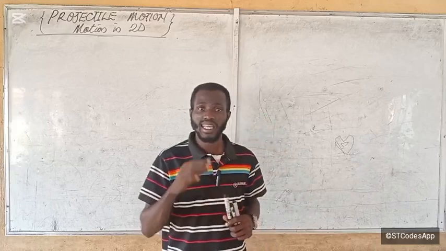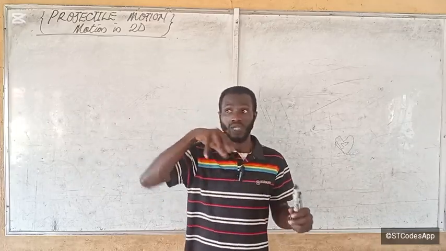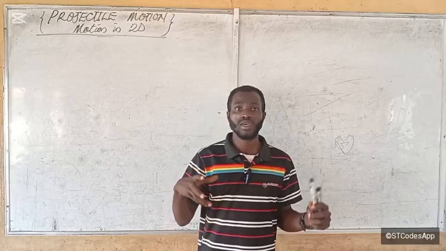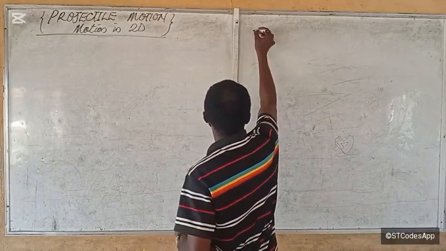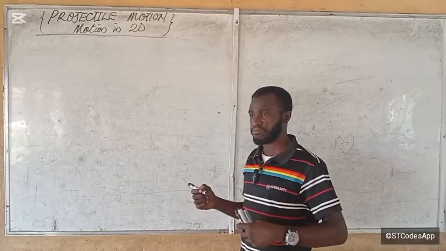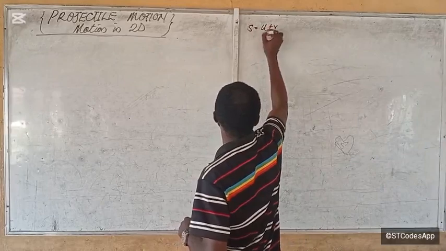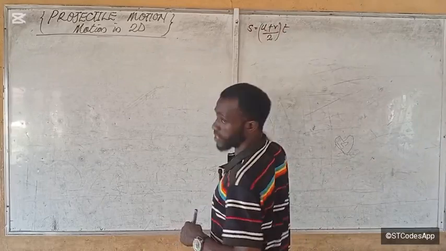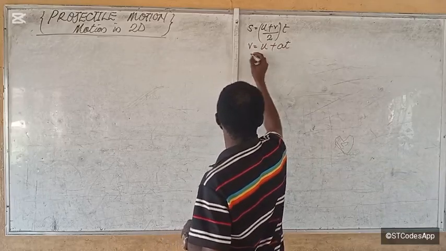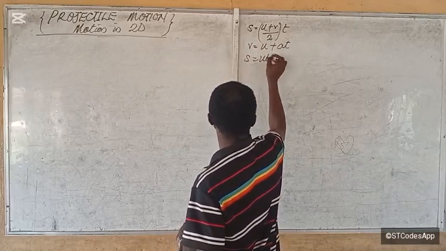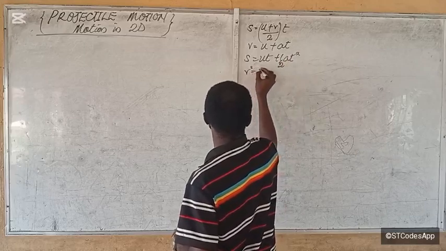I've done that video before, so I'll link it in the description so that you see how we generated the following equations of motion. The first equation is S equal to (U plus V) over 2, multiplied by T. Then we saw V equal to U plus AT. You also saw that S equal to UT plus 1/2 AT squared, and